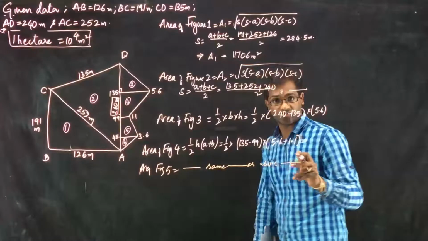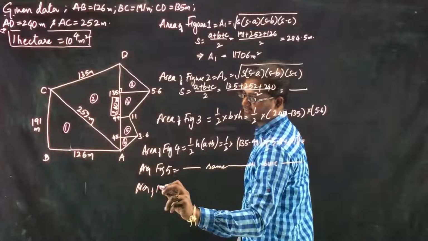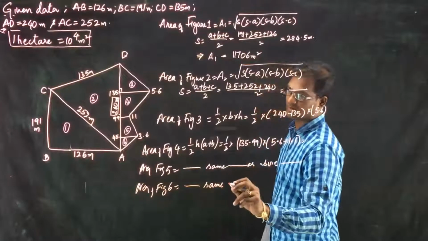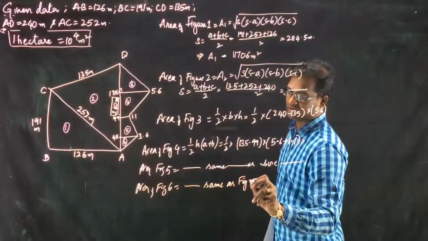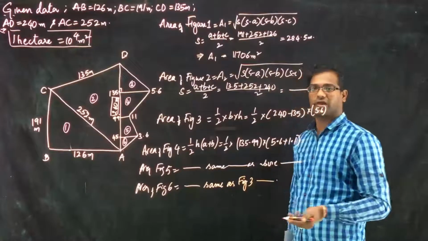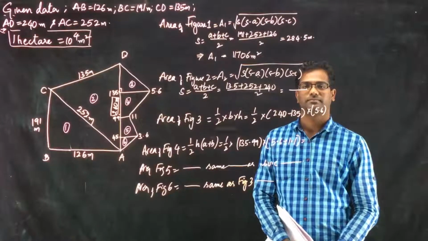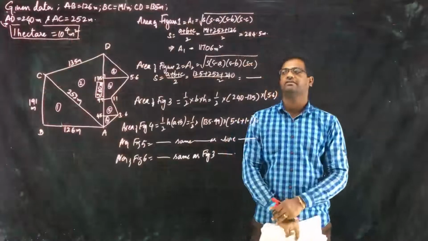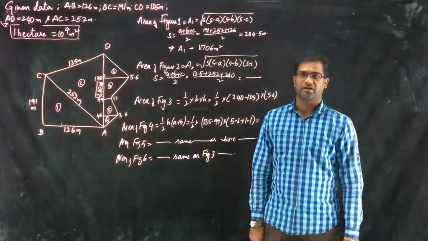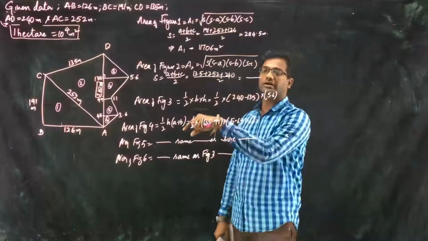Okay, you just need to change the values, and the area of figure 6 you can calculate the same as figure 3. So if you add them up, then you should be able to calculate the area of the figure. So if you are given the dimensions, then you can divide it into simple figures and calculate the area. What if the coordinates are given?